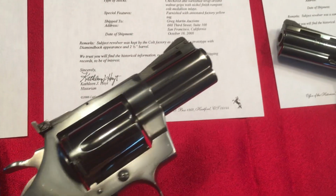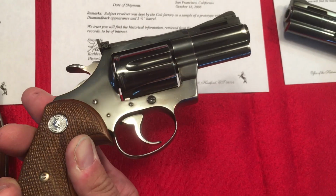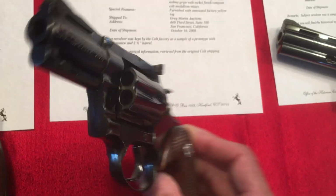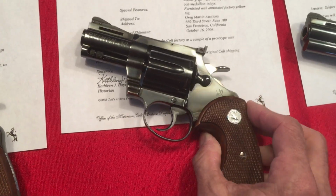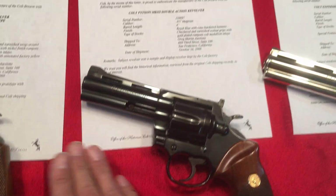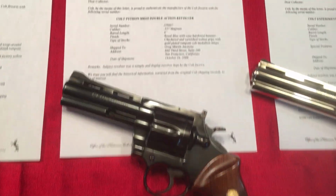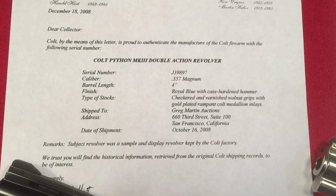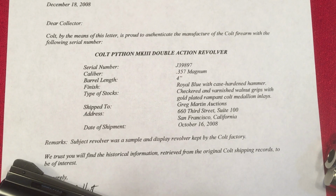And it does show wear because this gun was used. I mean, this gun was tested and tried and run through the wringer. So there is wear on this gun. This other gun here is a Python prototype of actually a Mark III,